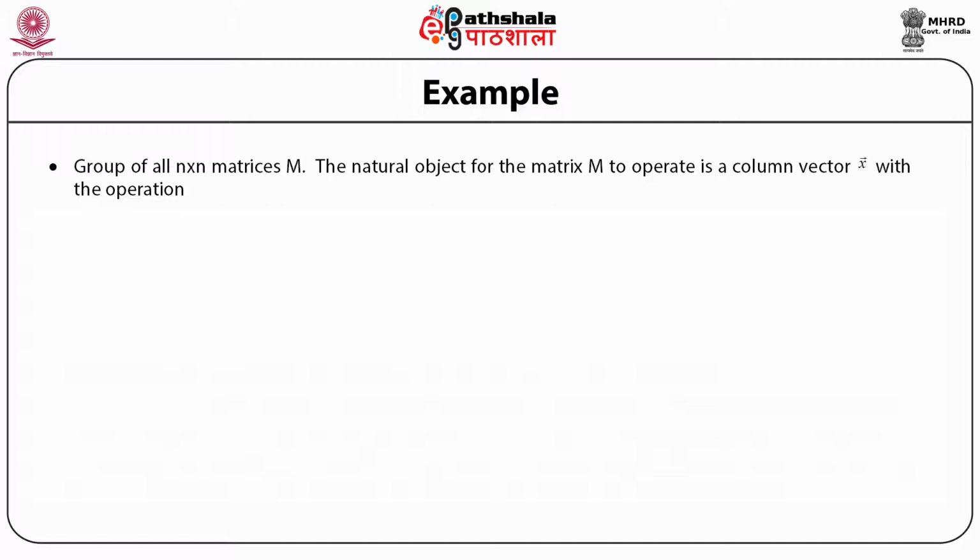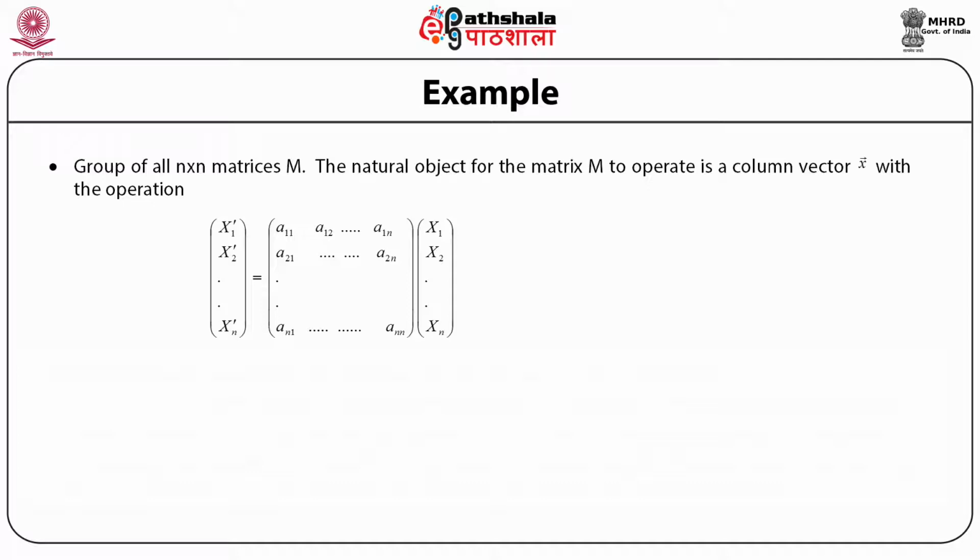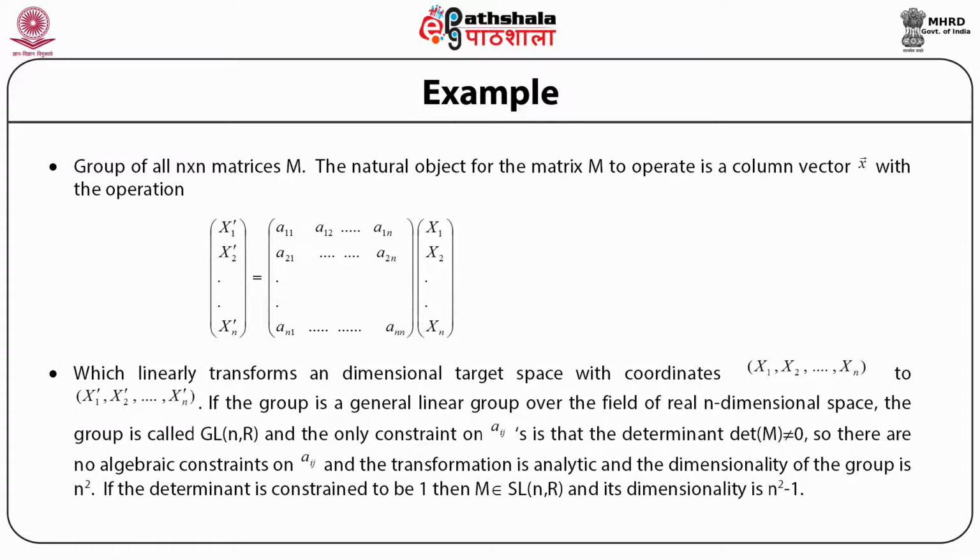So the matrix M operating on this column vector x1, x2, ..., xn takes it to another column vector x1', x2', ..., xn', given by the vector xi' equal to the matrix Mij xj, or in terms of explicit matrices, is written as shown in the slide. So what does it do? It linearly transforms an n-dimensional target space with coordinates x1, x2, ..., xn